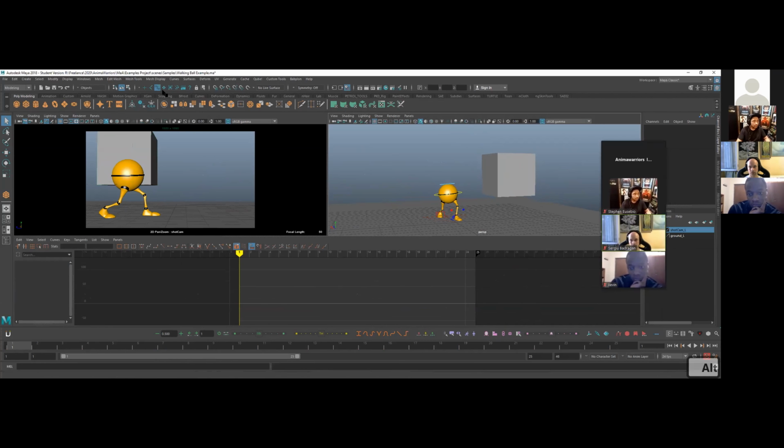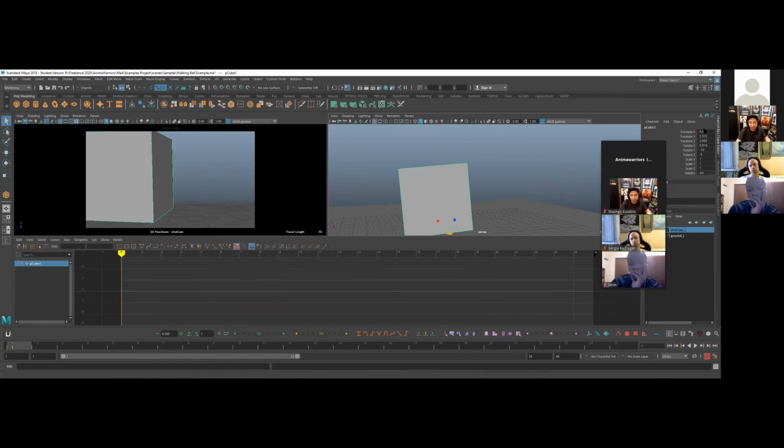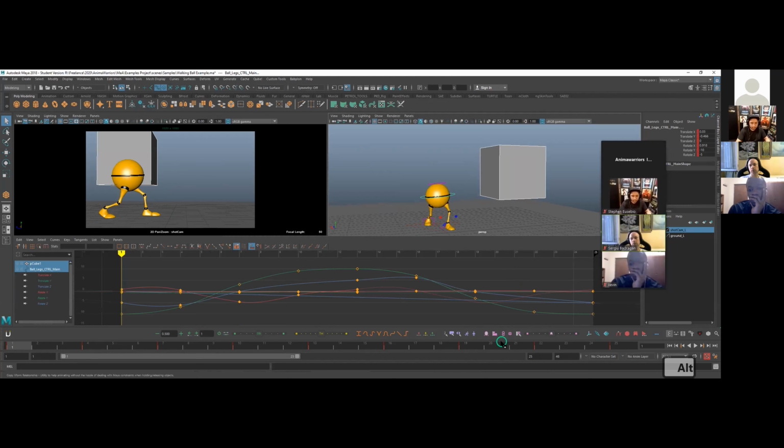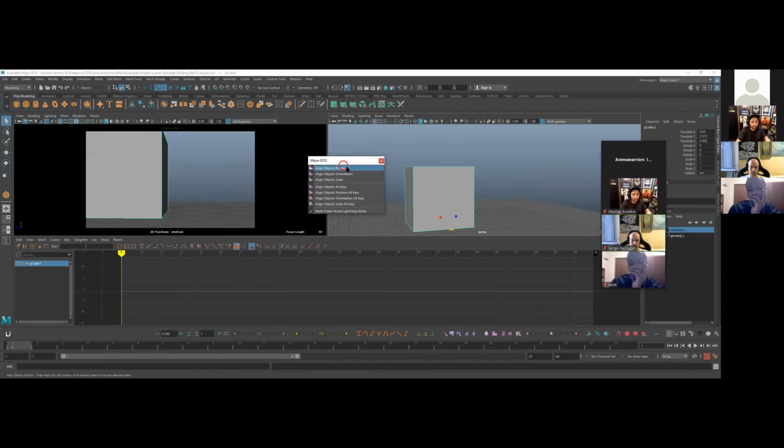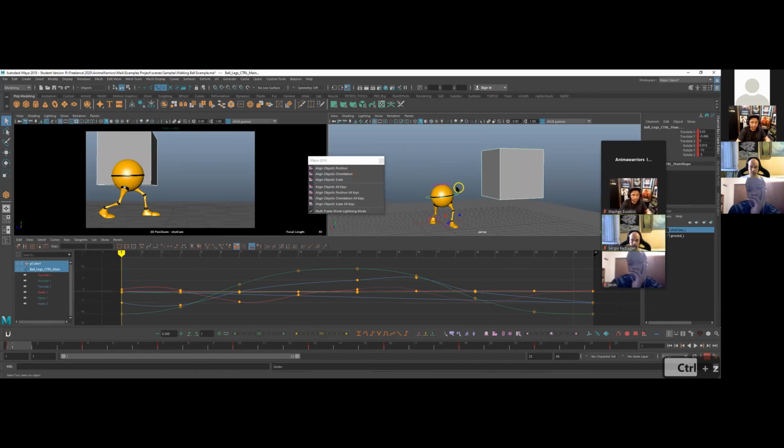So let's say I want to align this box to this cog, right? You can press it, and by default, it'll give you all of the channels. Or if you right-click it, it'll give you options, right? If you just want the position, if you just want the orientation, if you want the scale, which I guess doesn't matter too much since this is a default scale of 1,